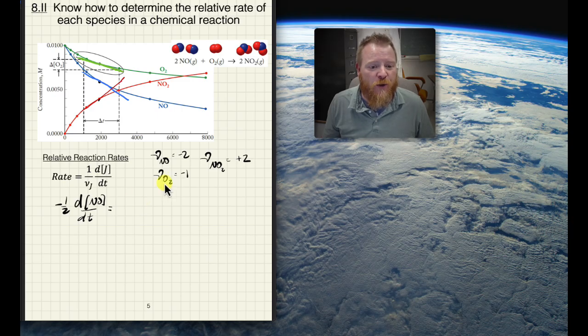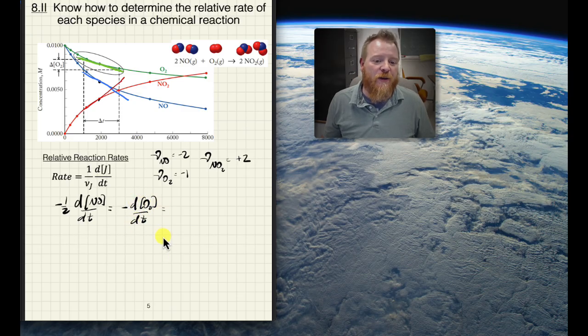For O2, the stoichiometric coefficient was just -1, so that's going to be -dO2 over dt. And then we can finally do the same thing for NO2, noting that it's +2, so now that becomes +1/2